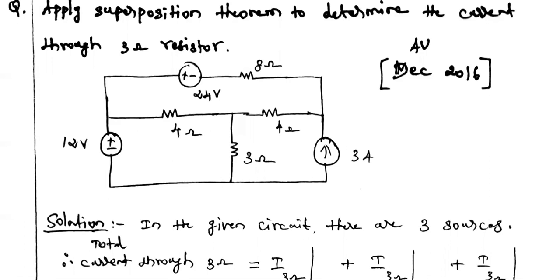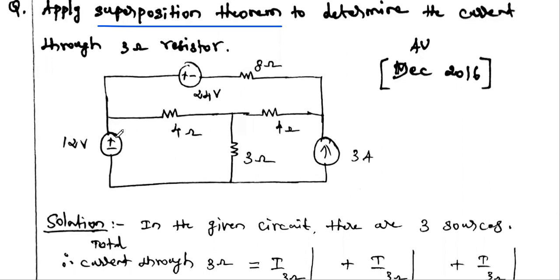So today we are going to solve one important problem related to the superposition theorem. I already posted the three problems for the superposition theorem. In that, the first circuit consists of one voltage source and one current source. In the second circuit, two voltage sources. You see the third circuit, this is the third problem.